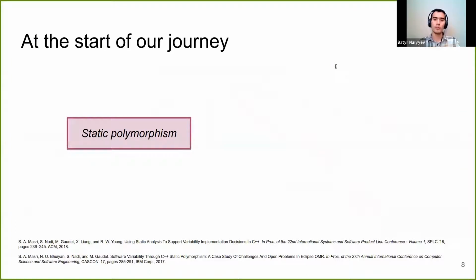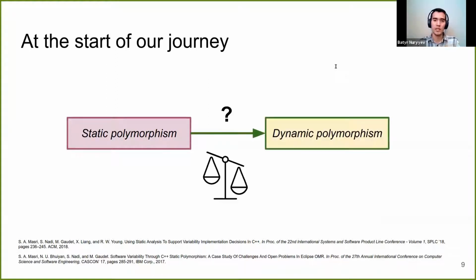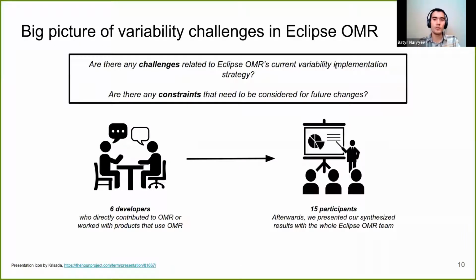At the beginning of our collaboration in 2017, we thought that static polymorphism was the main problem causing the code base to be convoluted and hard to understand. We investigated the performance impact of switching to the more typical dynamic polymorphism, with the motivation that it may alleviate some of the complexity problems. While our previous work focused on the trade-offs between static and dynamic polymorphism, we realized that there are still open problems that require more reengineering effort. So it took us some time to realize that a bigger picture of variability is needed to understand what problems developers